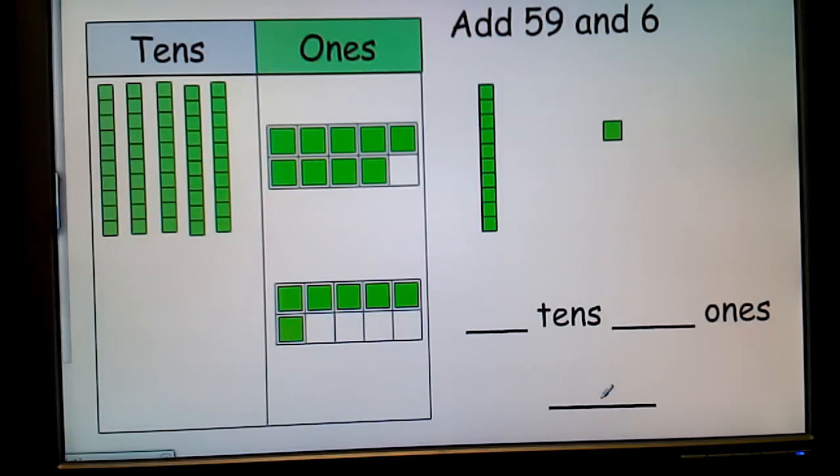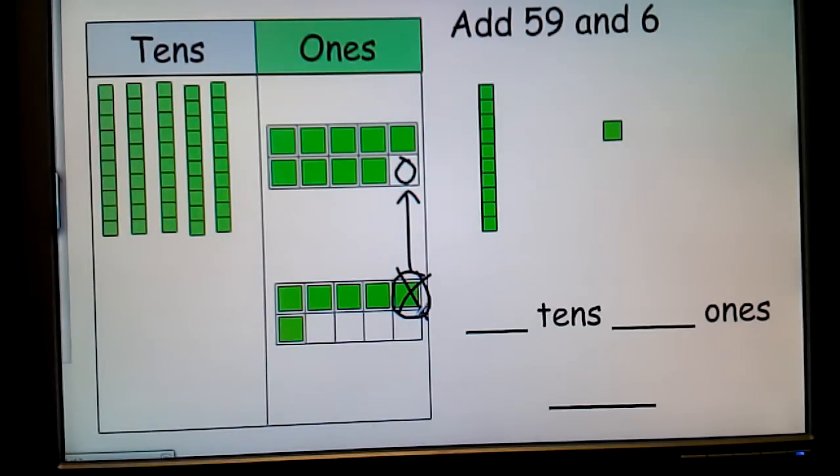Let's look at another example. This one's a little bit different. It says add 59 and 6. Once again, I have 59 illustrated on top and 6 on the bottom. I then ask myself, is there any way I can fill up one of my 10 frames? Sure, I can take a cube from down here and move it into this top frame and make sure that